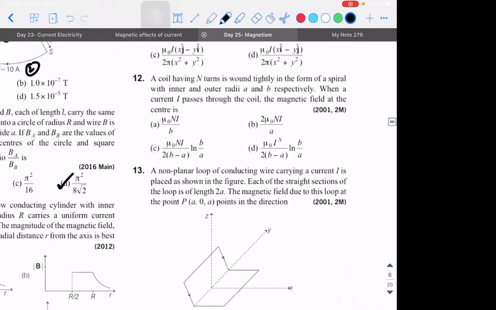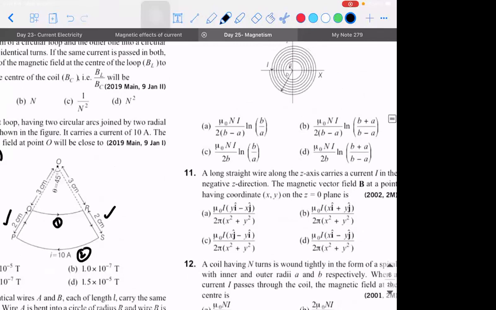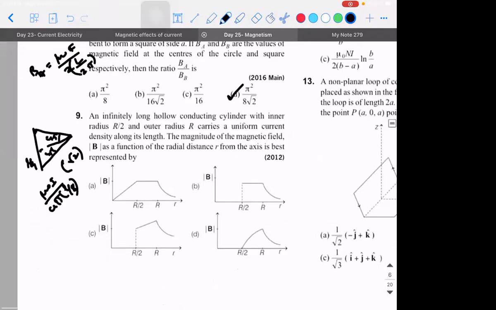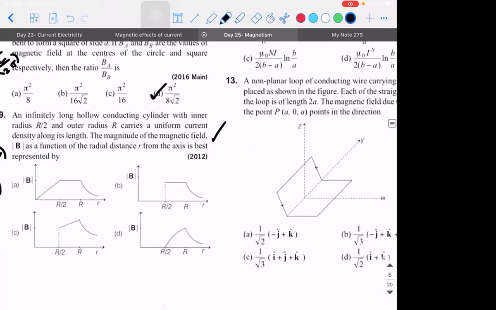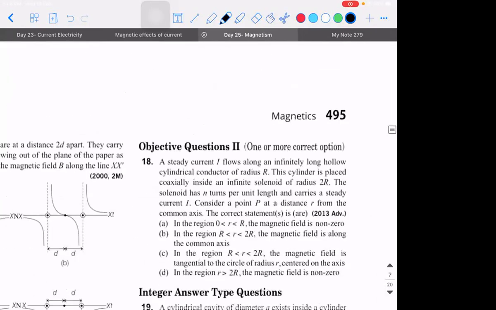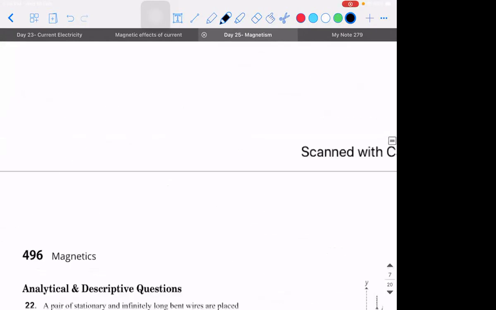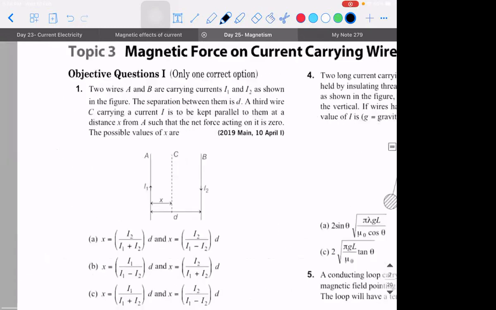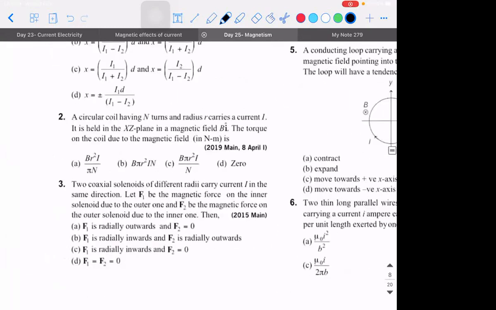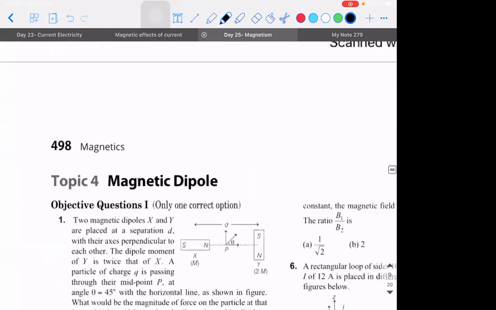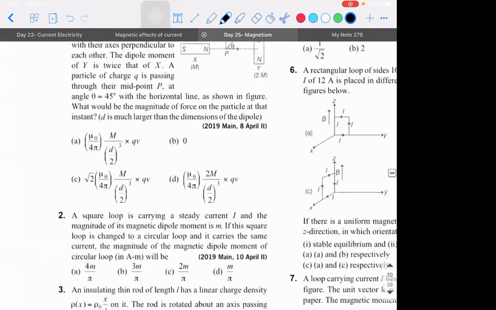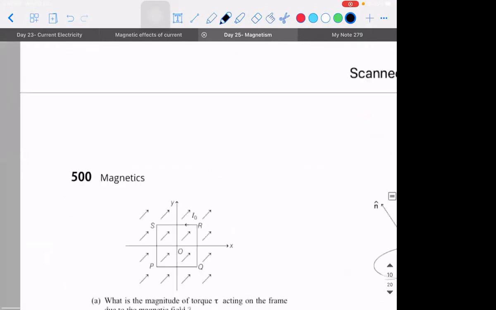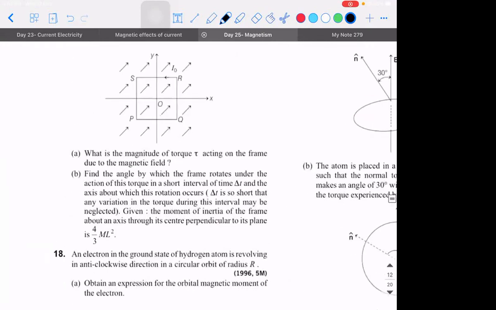So that's all about the application of Biot-Savart law. We will see Ampere circuit law next. There are also interesting problems. After that is done, what is there? I think torque. Magnetic force on current carrying wire is simple, it's not a big deal. Similarly, magnetic dipole is also easy, not a big deal. And galvanometer. The galvanometer and the potentiometer are being dragged. While doing galvanometer itself, we'll do potentiometer also. Both are electrical equipment.